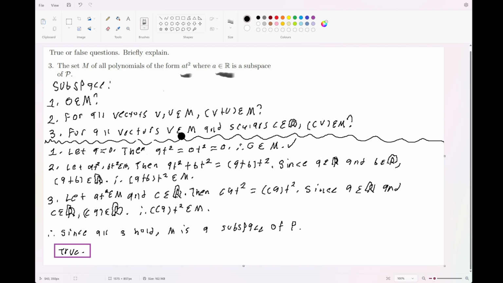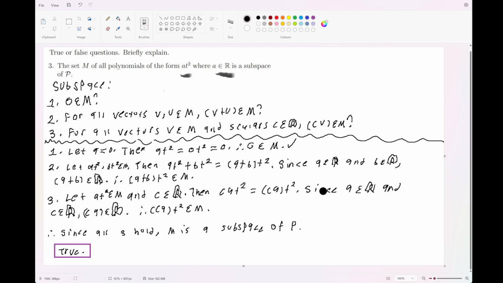So we're going to suppose some vector a is an element of our set. So a squared is an element of M, so it follows this. And c is an element of R because we're dealing with our R right here. Then c a squared equals bracket CA. I just wanted to show that explicitly, to show that we're going to try to be proving that CV